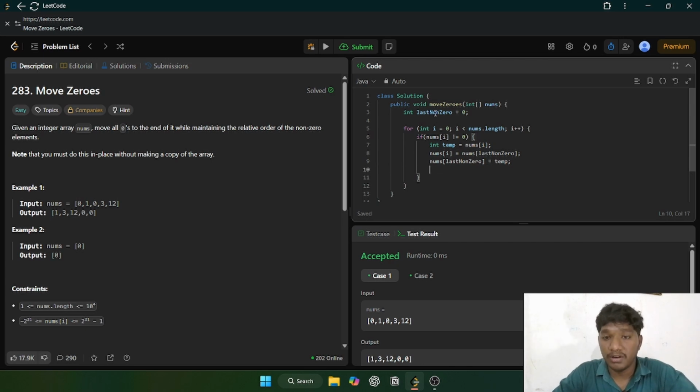After this we increment last non-zero. Due to this looping we move all the non-zero elements to the front and all the zero elements to the last. So let's run it,